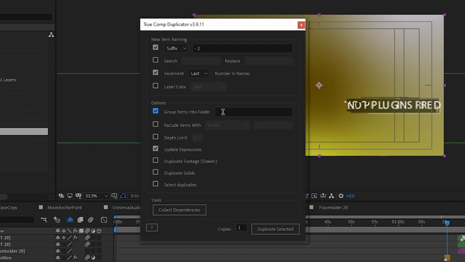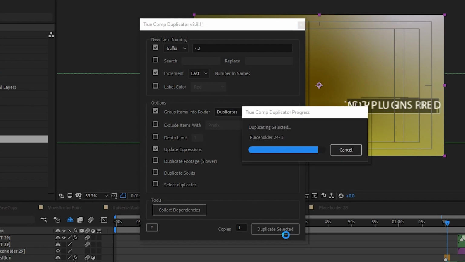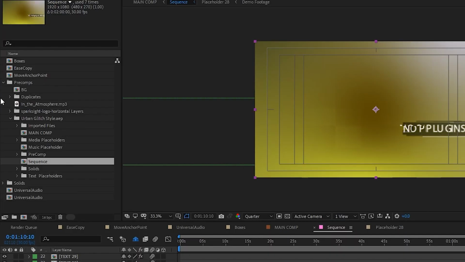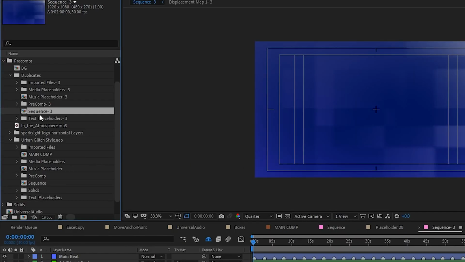My favorite one is the ability to group all of the duplicates inside of a new folder. So we'll just call it duplicates, for example. Exclude certain items, whether or not to duplicate the footage as well. It has all these different options, but all I have to do is hit duplicate selected and it does its magic. So once we close out of that, you'll notice that there's now a duplicates folder, and you'll notice that